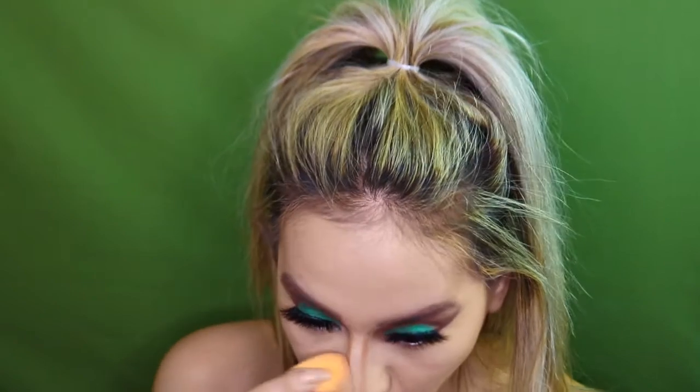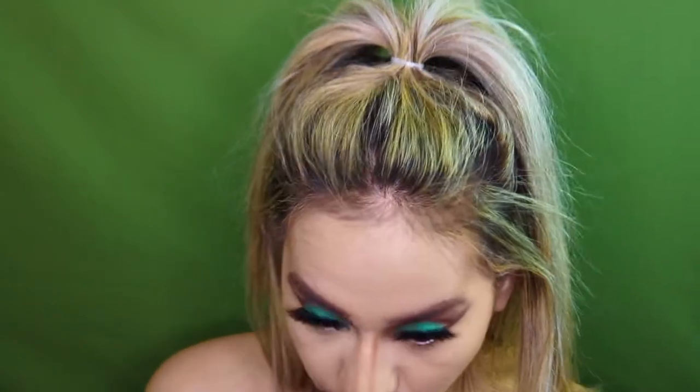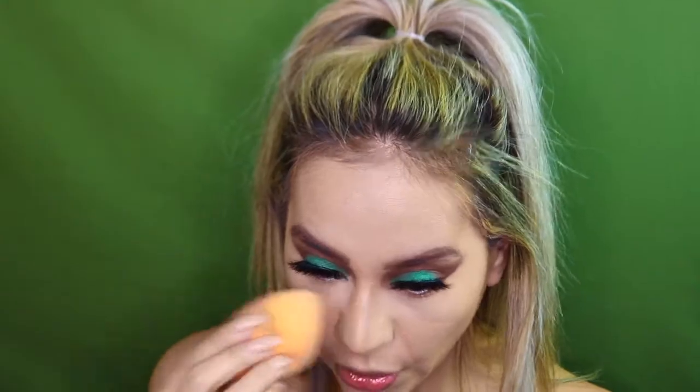And I literally need to get a bigger mirror because I was looking down the whole time and I was out of focus and not on camera. So I need to get a longer mirror to where it shows where the camera is sitting, because it wasn't working. So now taking a damp beauty blender as well too, and going in with my Laura Mercier